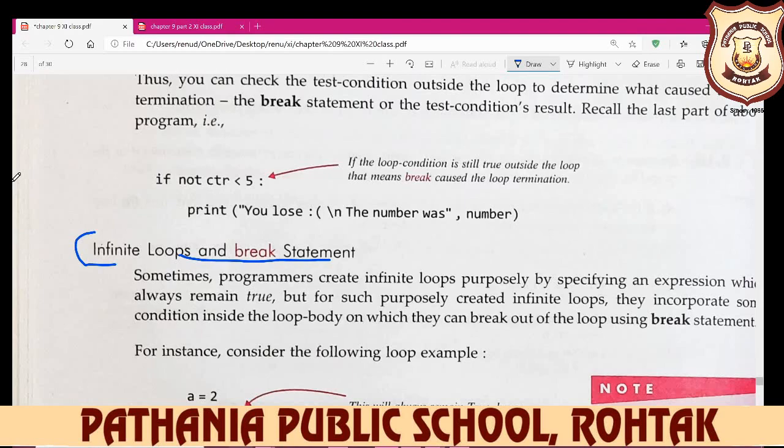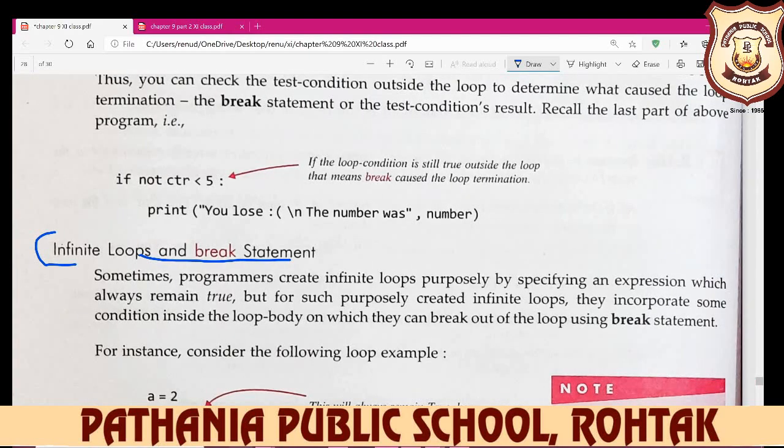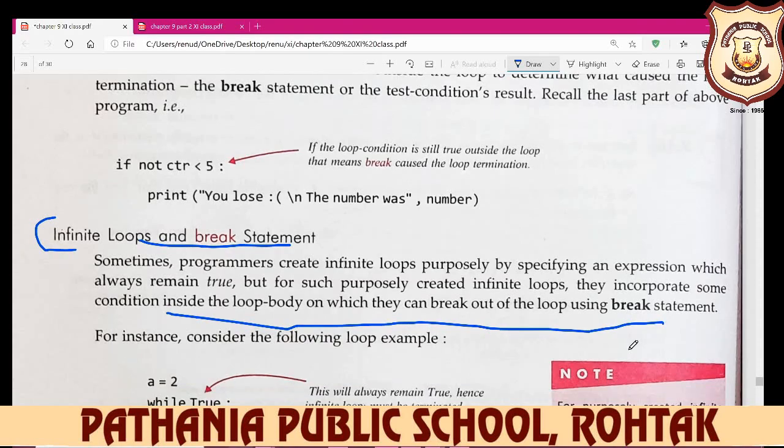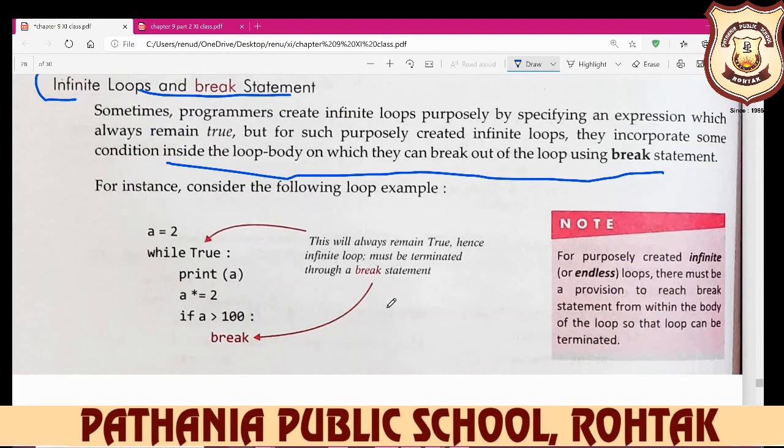Sometimes programmers create an infinite loop purposely by specifying an expression which always remains true, but for such a purposely created infinite loop, they incorporate some condition inside the loop body on which they can break out of the loop using the break statement. So you see here a is equal to 0.